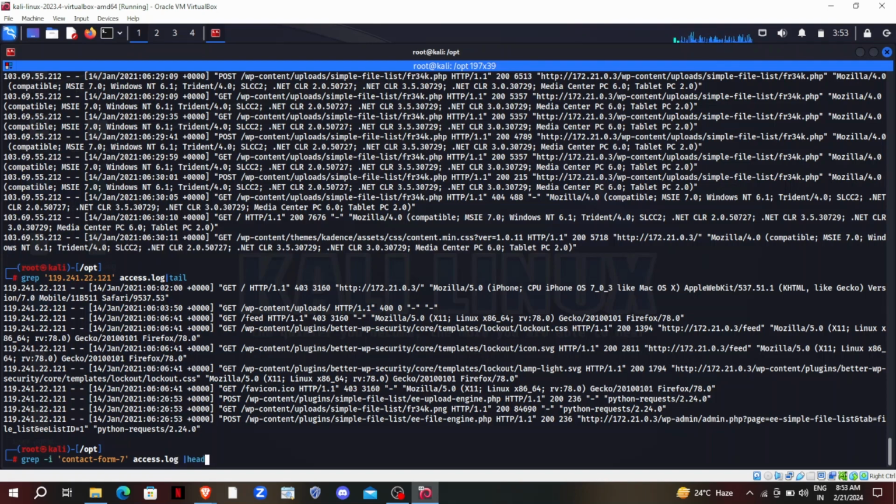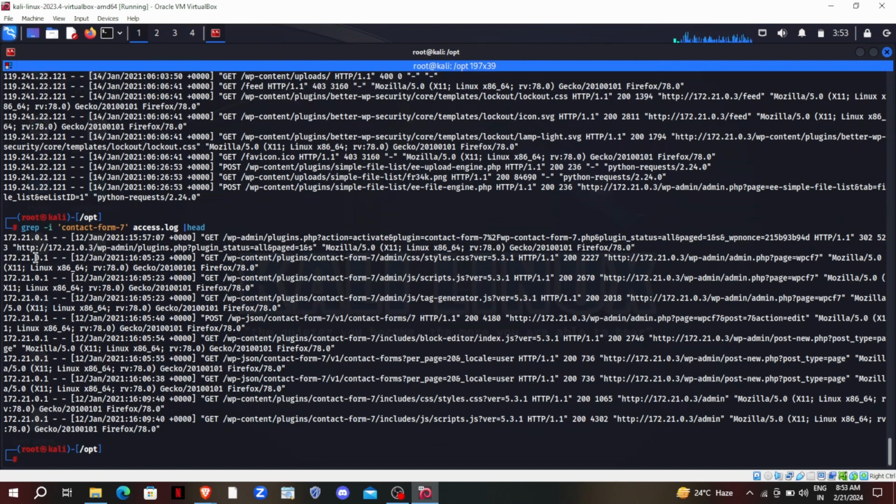I'll give it head because I want the first occurrence of it. So it was on the 12th of January 2021 at 15:57:07 UTC time that the plugin was actually activated. And then let's try to find simple